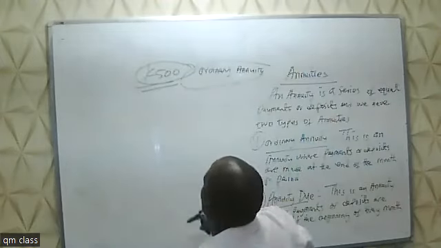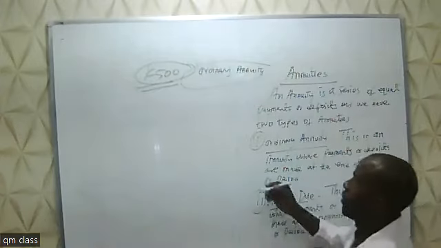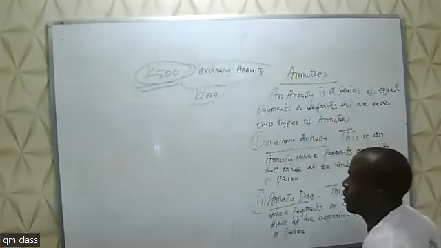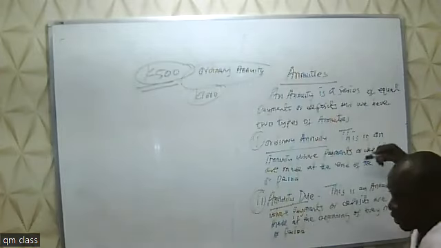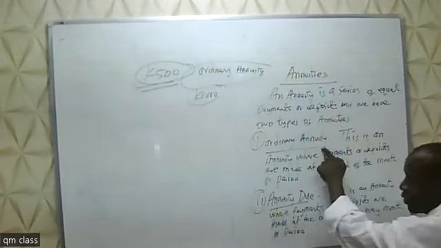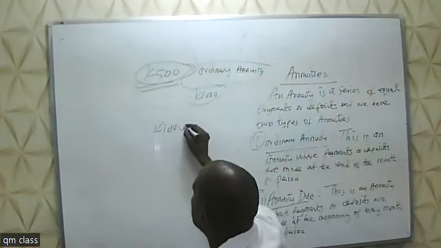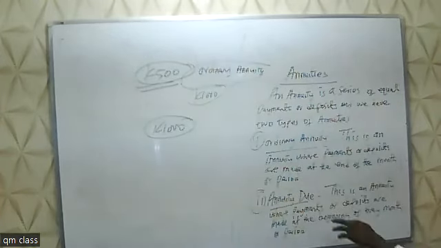No, that will not be an annuity. It should be of the same amount. So when you get paid this month of October, you tell them, deduct the 1,000 from my salary and keep it for me. Every month, make sure you deduct at the end of it, when I get paid. That becomes an ordinary annuity, at the end of the month, not at the beginning. But when you instruct them to deduct 1,000 kwacha at the beginning of every month, that becomes an annuity due. So that's the distinction between these.